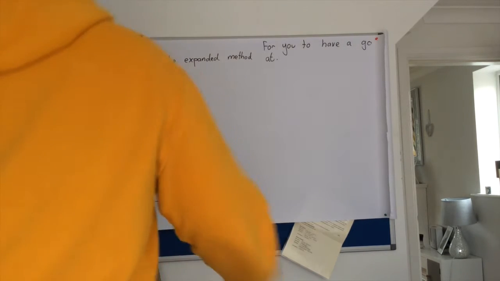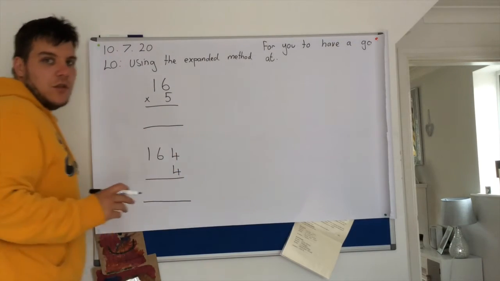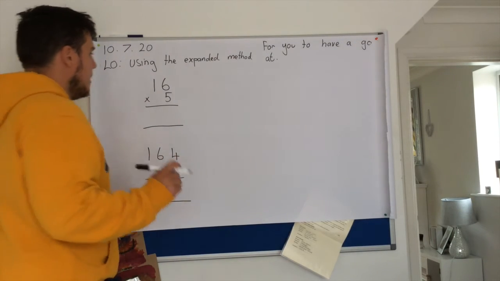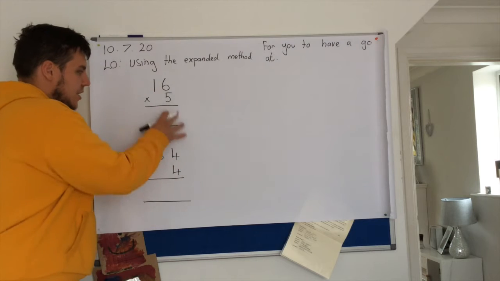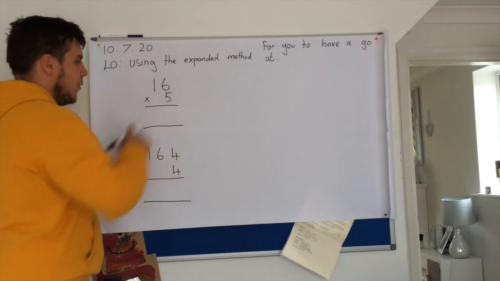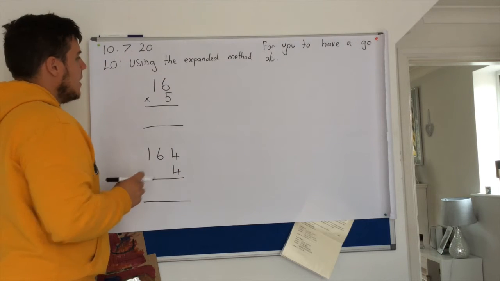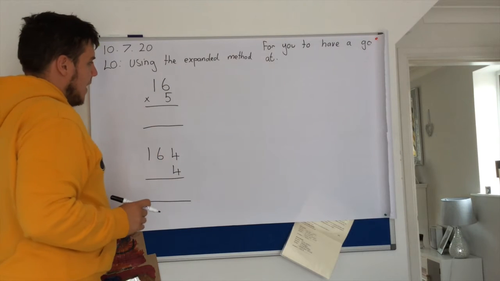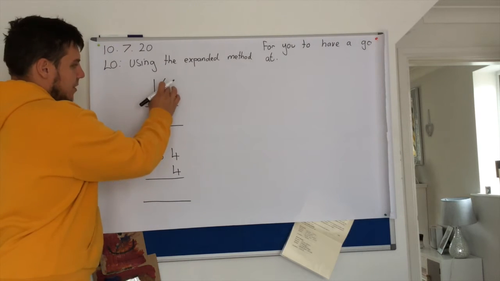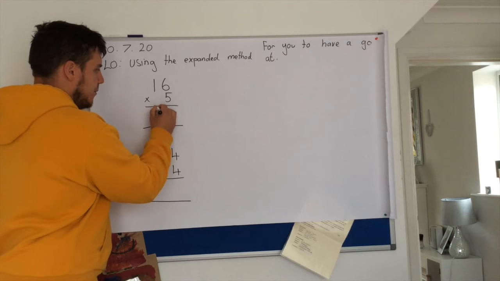Okay, so we're onto the big board now. So we're using the expanded method like we've just looked at on the PowerPoint. So my first calculation is, we've got 2 calculations here to do together, and then we'll have one to put on there for you to have a go at. 16 times by 5. So I'm partitioning my number at the top. I'm doing 6 times 5 first of all, which I know gives me